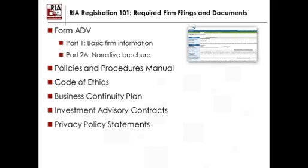Some other firm operating documents that you're going to need to have as an RIA from day one, first of which would be the Policies and Procedures Manual. And this really is your most important ongoing compliance document. That's really going to be how all your ongoing compliance is driven. And it's really important that this is tailored to your firm, that it matches your business practice so that